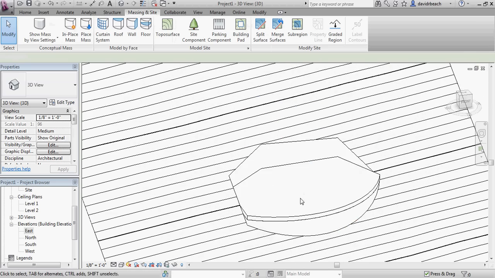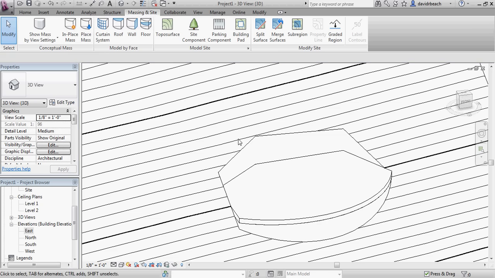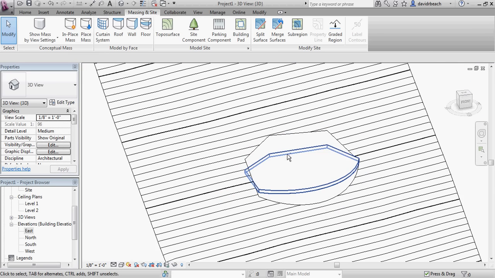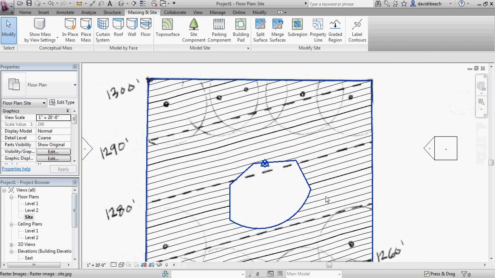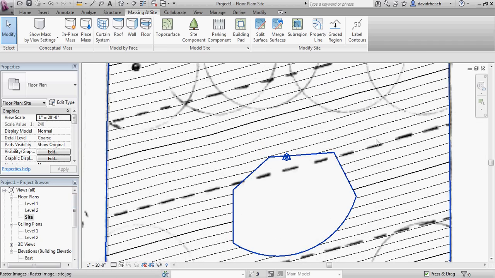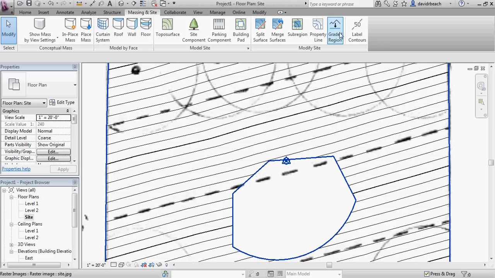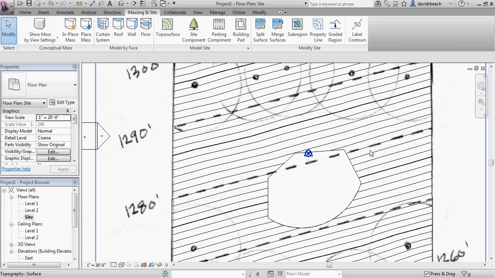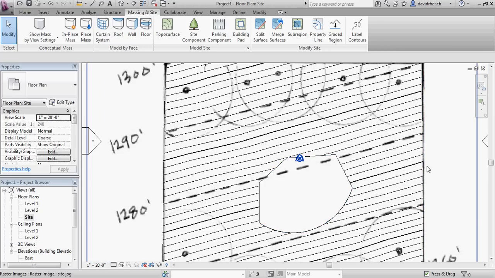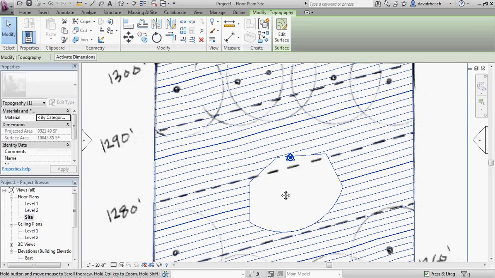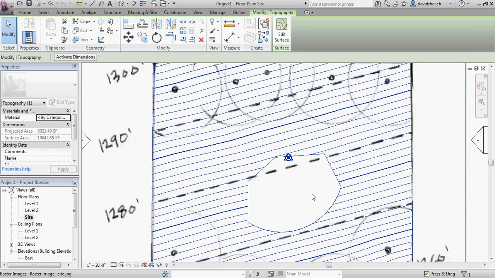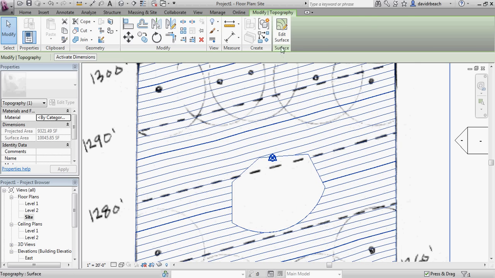Okay, so the next thing that you'll notice is I really need some type of berm right back here to help water shed from one side to the other. So let's go back to my site view. Now, when you become an expert with the topography tools, I would suggest you use graded region, but until you're really comfortable with everything you're doing, let's just stick with editing the topography. Graded region is going to give you sort of a cut and fill demo kind of thing. It's going to create multiple topography files, which is great and incredibly useful, but can be really confusing while you're learning these tools. So what I'm going to do instead is I'm going to select Edit Topography,